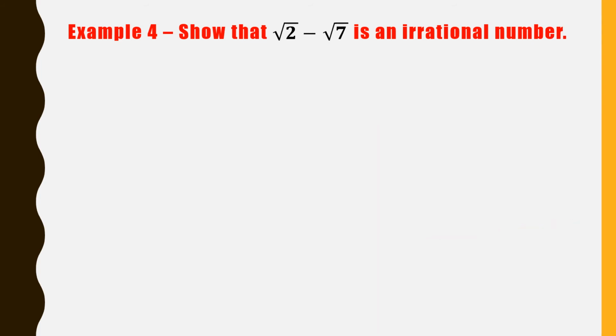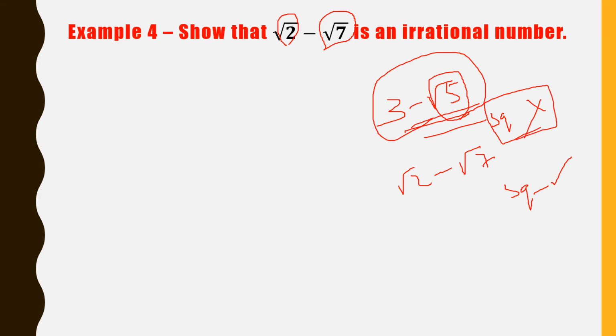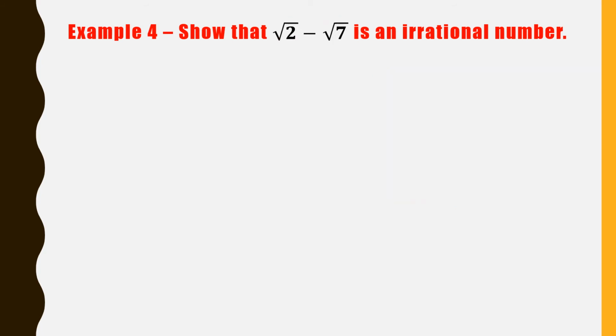Now, when you have root for both, then you should do compulsory squaring on both sides method. One thing you should remember, if there is root for only one irrational number, then no need to do squaring. Okay, no need to do squaring here. But if there is root for both, then you should do squaring on both sides. Most of them will be confused here only. If there is only one root in the question, then no need to do squaring. Okay, simply you can solve it. But if there is root for both the things, you should do squaring on both sides. This is how we will prove this.